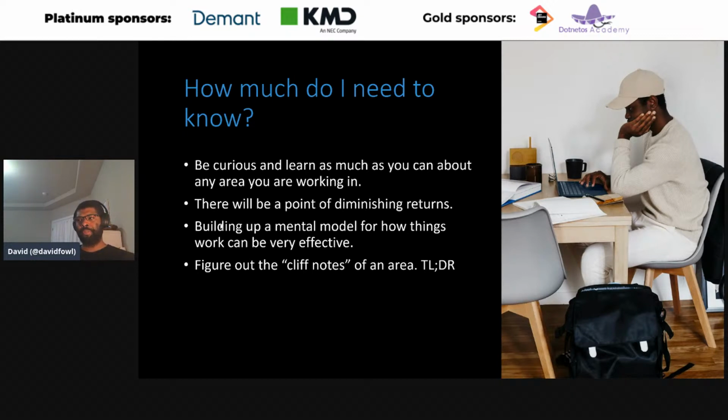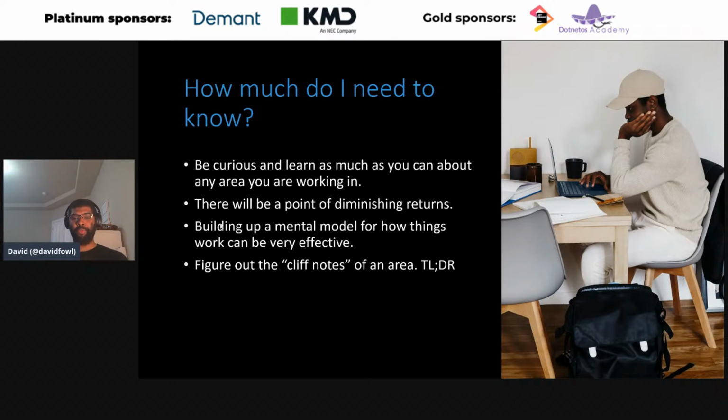the Cliff Notes. I'm not sure if this is a global term or phrase, but Cliff Notes, when I was doing English Lit in secondary school, you would read a book and you would understand the whole book and every chapter, and it would be long to read, and then you could read the Cliff Notes, and the Cliff Notes gave you a summary, like an overview of what you had to know about each chapter.